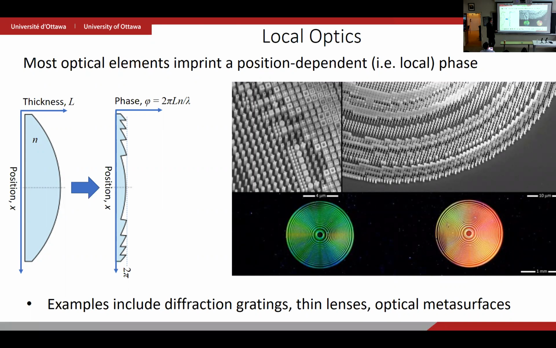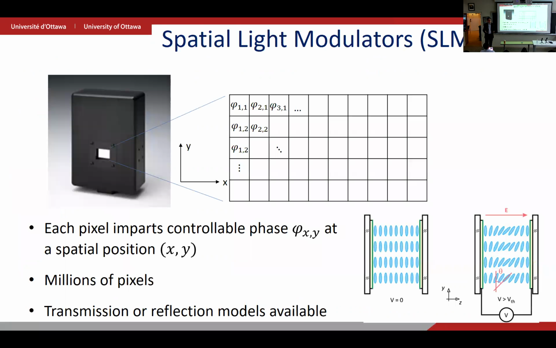But in fact, it's not just lenses. Most of the optics you can think of manipulate light based on its position, including diffraction gratings, because again, this is in some sense a diffraction grating, right? You're just changing the phase as a function of position, and all sorts of different optical metasurfaces, which are a hot topic. So the most general thing you can think of to manipulate light based on its position is a spatial light modulator. So a spatial light modulator is just an array of liquid crystals,